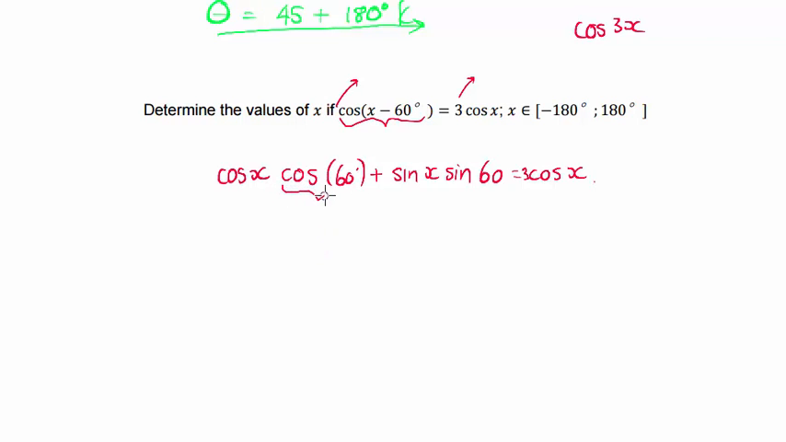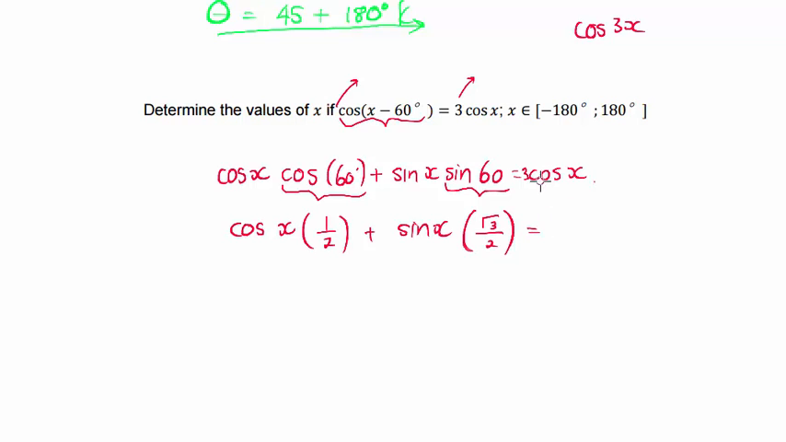Next is these values. I can simplify that. I know what cos of 60 is. Cos of 60 is a half. Sine of 60 is square root 3 over 2. Okay, so this becomes cos of x times a half plus sine of x times square root 3 over 2